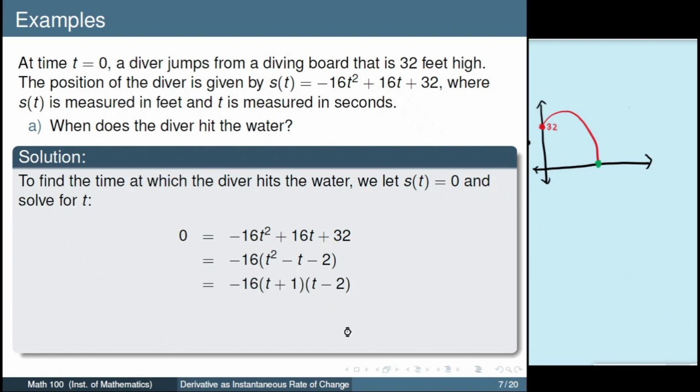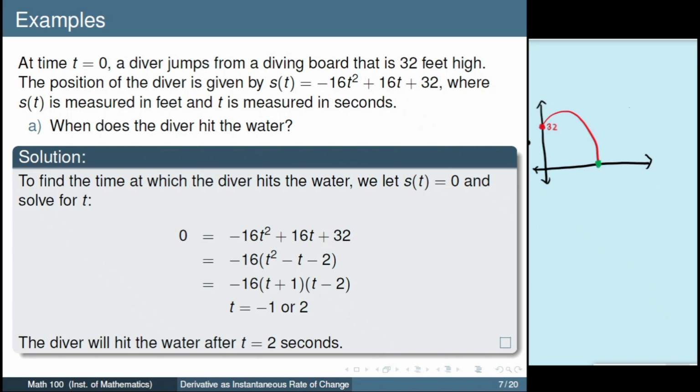As you can see, we get two values of t here. We have t equals negative 1 or t equals 2. But the question is, should we consider both zeros? The answer is no, because we are talking about t as time, and time cannot be negative. So we only consider t equals 2, hence we have the conclusion that the diver will hit the water after